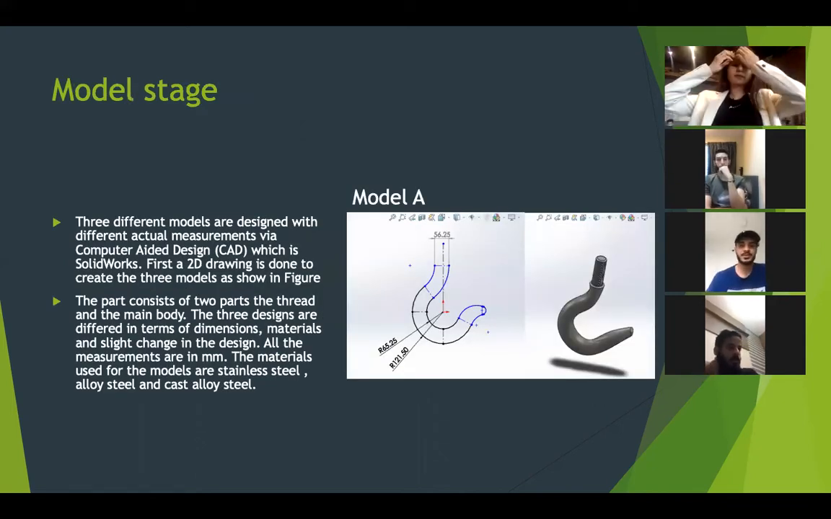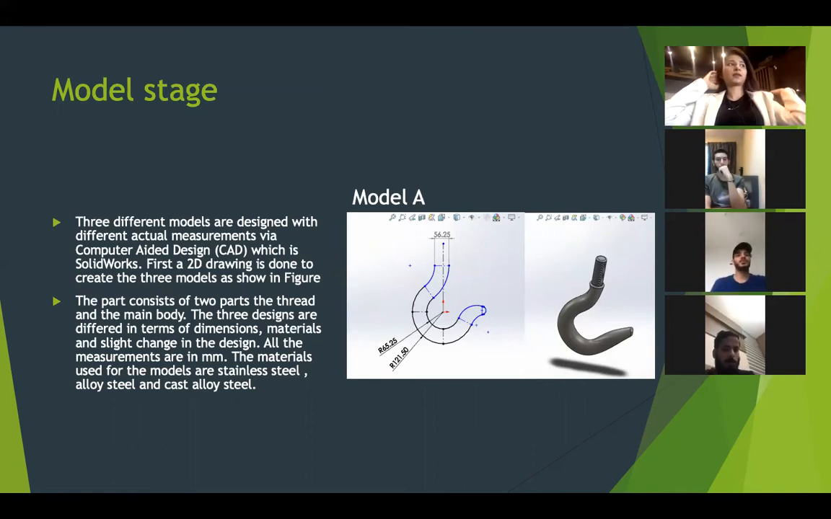Okay. As for the modeling stage or designing part, there are three different models designed with different measurements by computer-aided design, which is SolidWorks we use. We didn't use CATIA or ANSYS. We use SolidWorks. And as you can see here, the first model, where you will see the three models overall, the parts consist of two parts: the thread and the main body. The three designs are